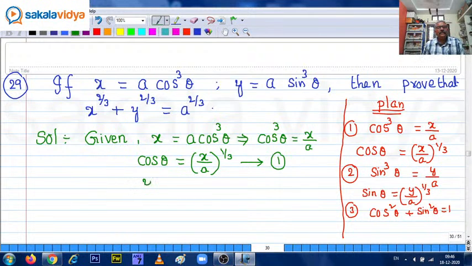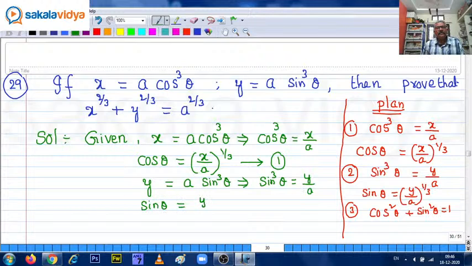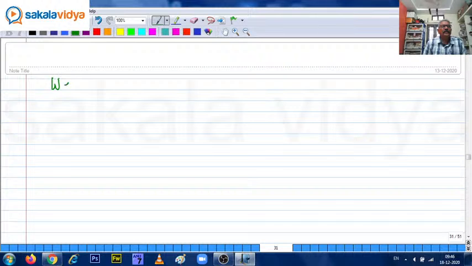Now y equals a sin cube theta. That implies sin cube theta equals y upon a. Now sin theta equals, we can write, y upon a whole to the power of 1 by 3. This is equation 2. So now we know that